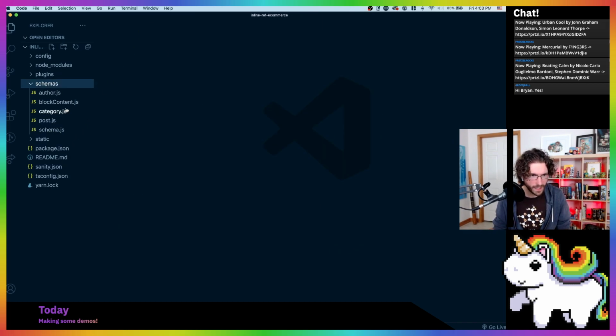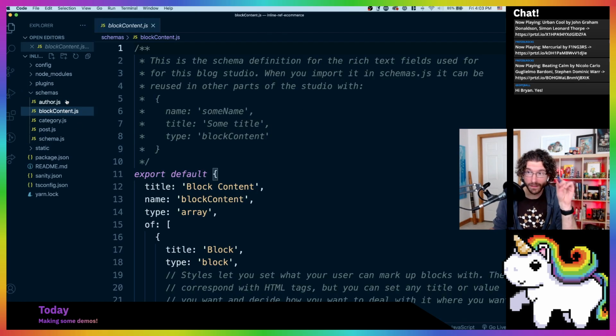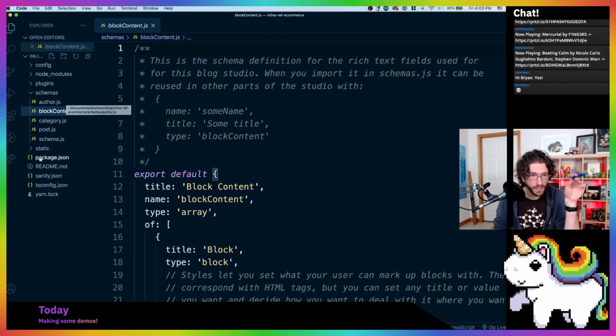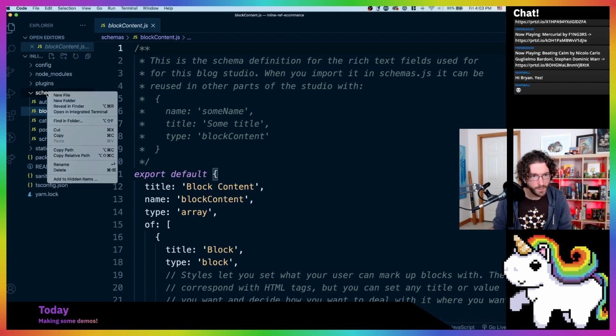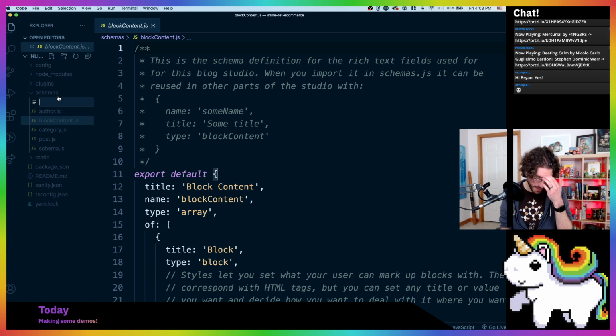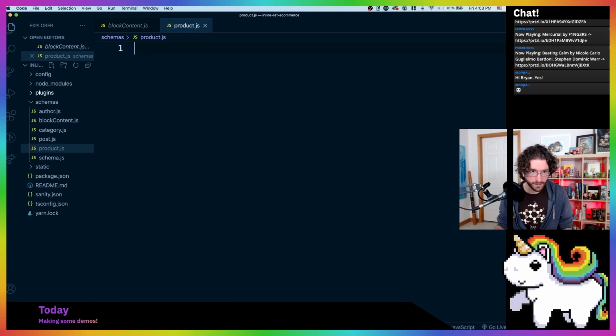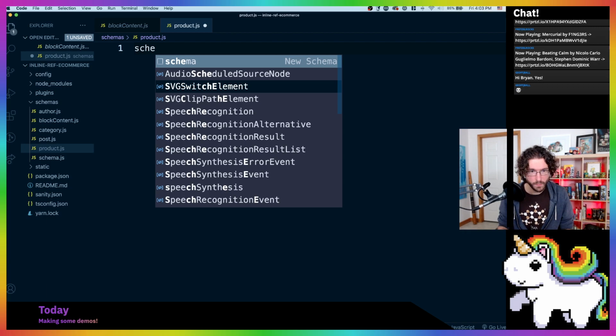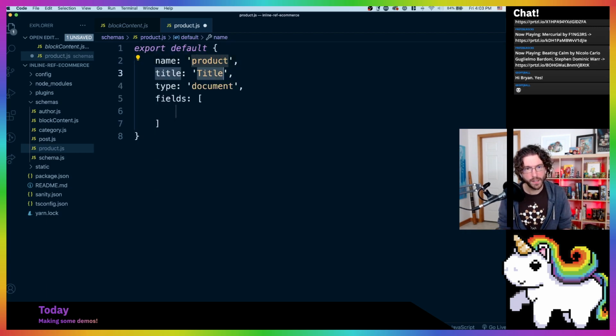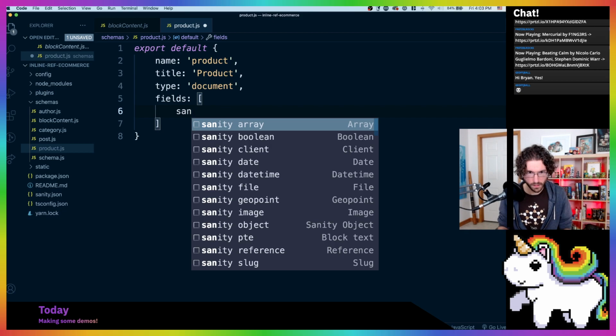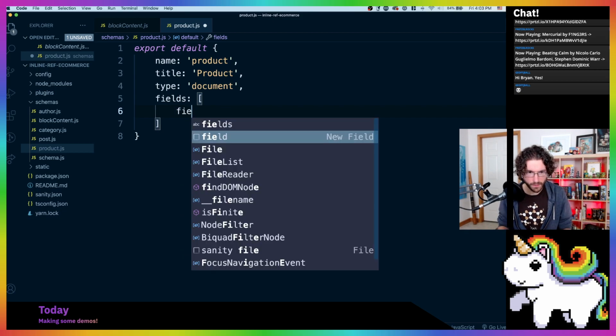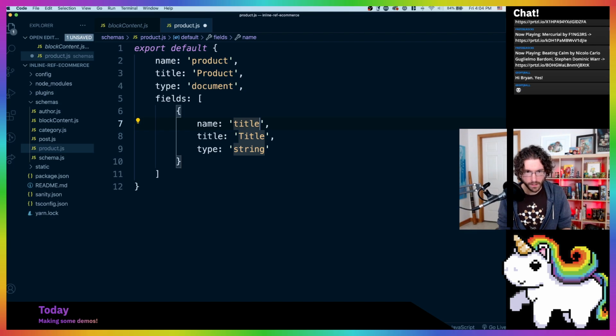All right, let's look at our schemas. We've got block content, which we'll actually be putting that same field in. We have post and category schemas. And let's make a new file, and let's make a product.js. Make this a new schema, product, and then the fields, we need a string field. That's right, all my shortcuts. Field, this will be title, type of string,